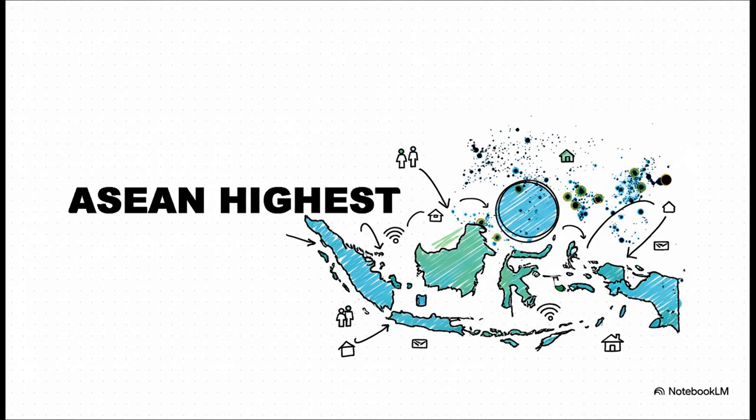Or how about this? The system could take, say, the ASEAN region and layer on top of it all the data about population and then all the data about infrastructure. Instantly, you'd see these hotspots, places with tons of people, but maybe not enough resources or internet. You could see the need in real time.